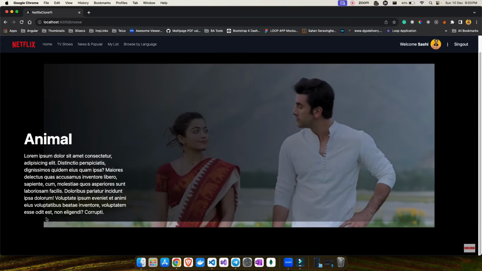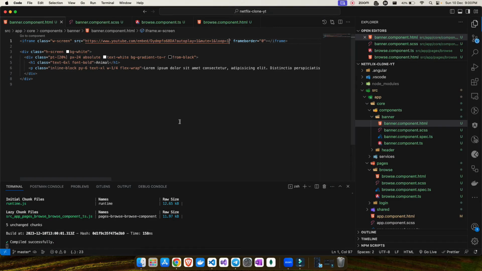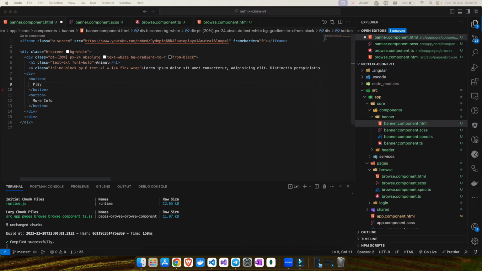Now what I need is just 2 buttons here. So let me add those 2 buttons also. Just below this P tag, I will add those 2 buttons. For adding those buttons, I will again take another div, and this div will consist of those 2 buttons. So one button and one more button. This is my more info, and this will be my play button. You can also add some icons or anything if you want. Let me add this at the moment, so this will look like an icon for me.